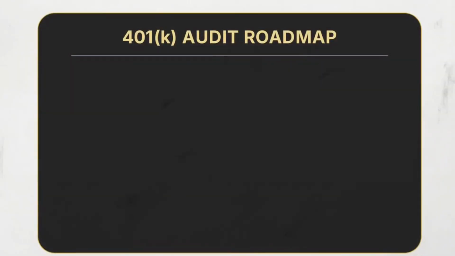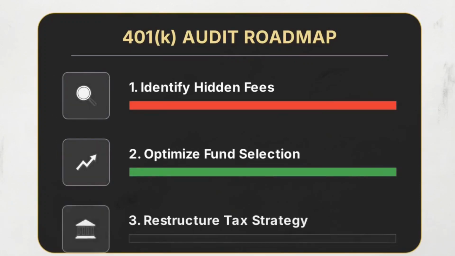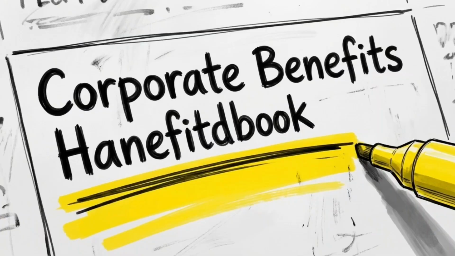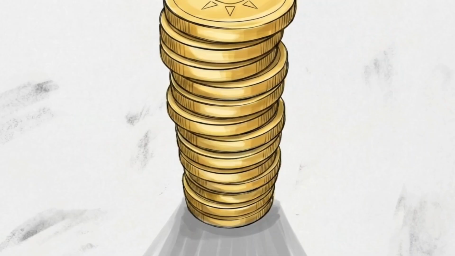In the next 6 minutes, we will run a complete audit of your account to find hidden fees, switch to the right funds, and restructure how your money is taxed later. Step 1. Pause this video, open a new tab, and log into your 401k provider's portal. Once you are in, locate your employer's summary plan description. Taking 6 minutes today to manually configure these settings will protect your money from massive, compounding losses over a 30-year